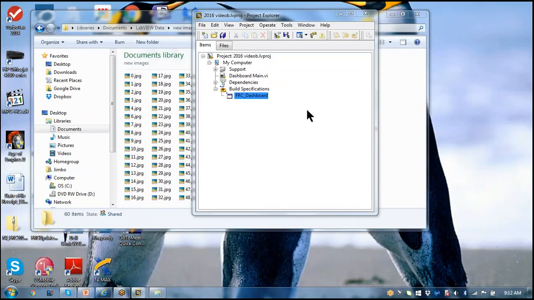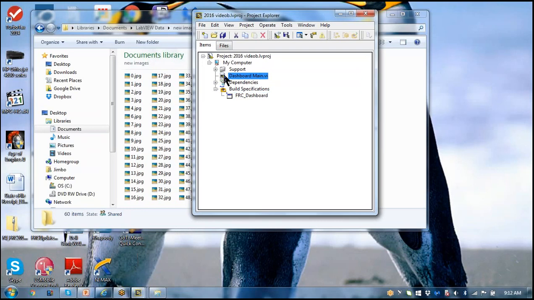I've closed the driver station, closed down the simulator. I still have open the project for the dashboard that we built a while ago. So let's go back to the dashboard. What I'm going to do now is use the coordinates that we see are working to identify the target and illuminate some crosshairs at the center of the screen whenever the particular target is in this specific range. So let's open up the dashboard main,